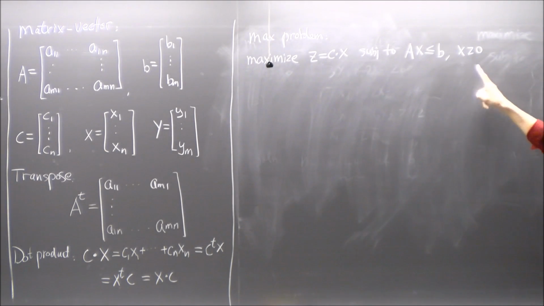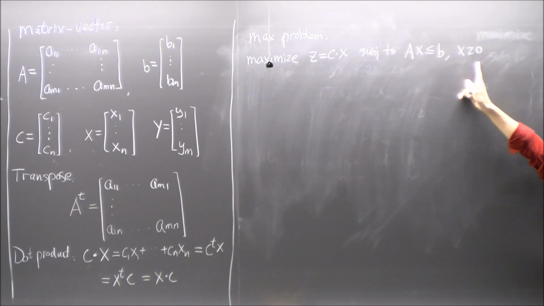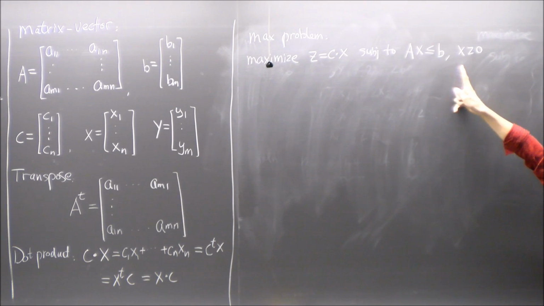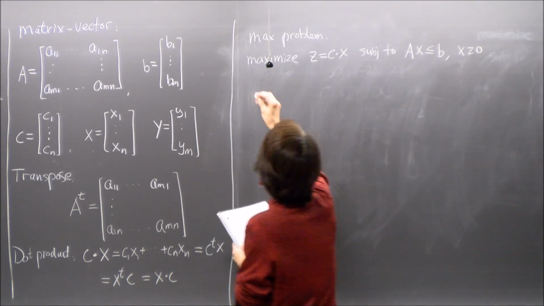Now, x is a vector. If I write x bigger than 0, that means every element in x is bigger than or equal to 0. That's what this means. You can think of this as a 0 vector of the same length as x. Okay. So that's the max problem, and I can write its dual,